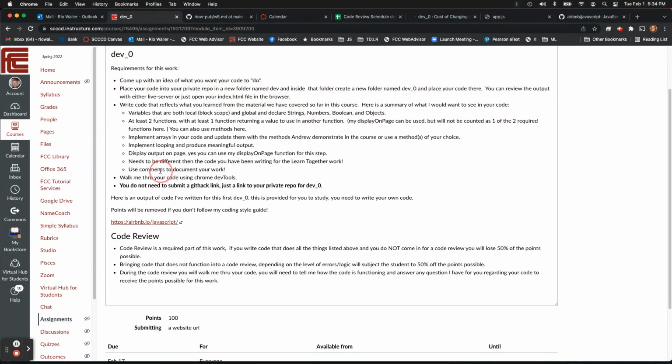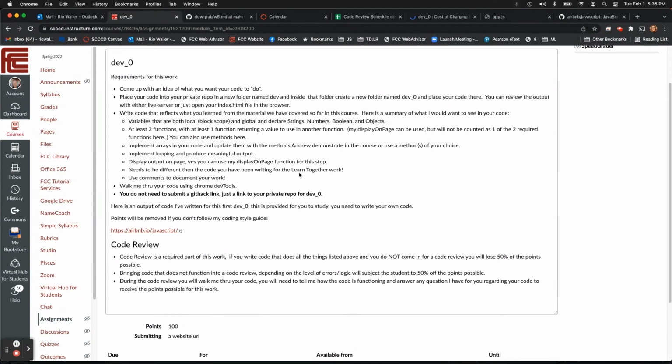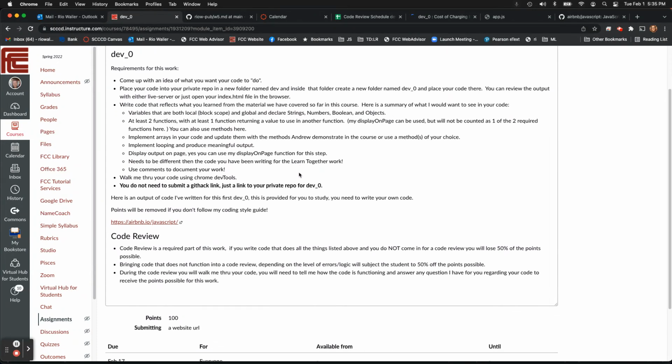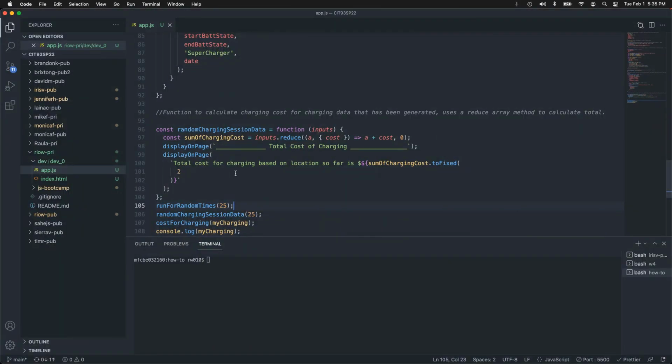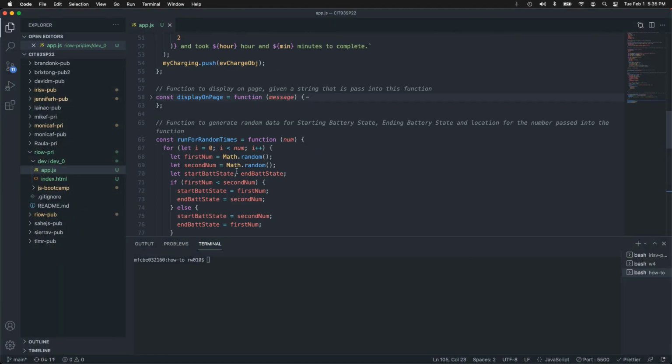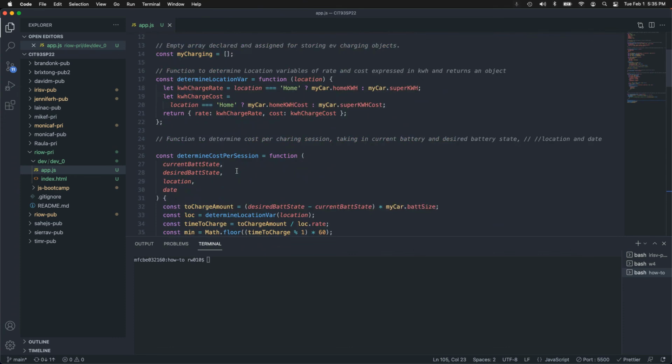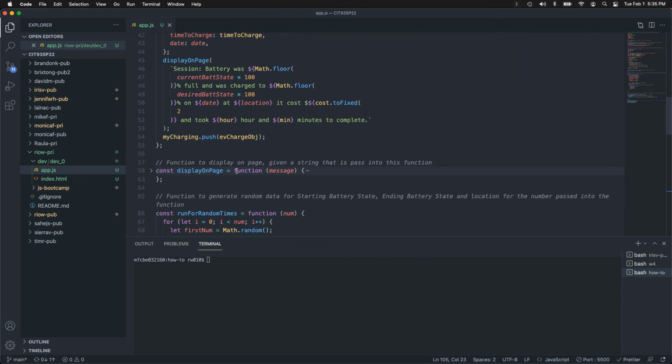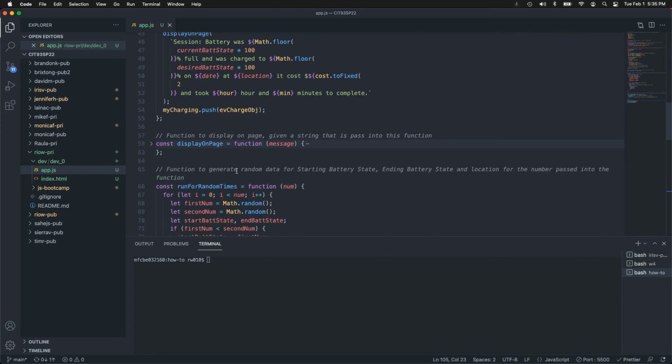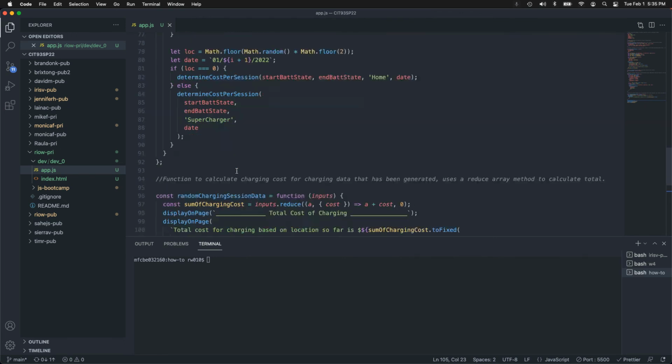And this idea of using comments, there's two thinkings on comments. I think it is good, and you can see in my work here, I did put some comments above each. But also, when you write your code, if you create variable names and function names that say what they are, it makes your code much more readable.